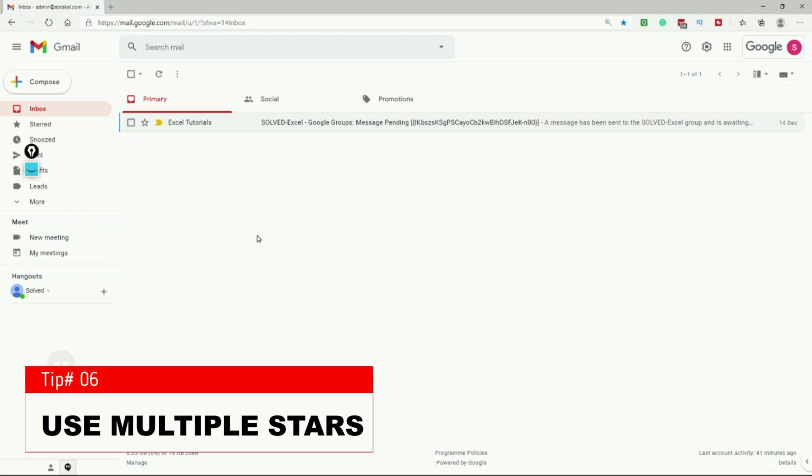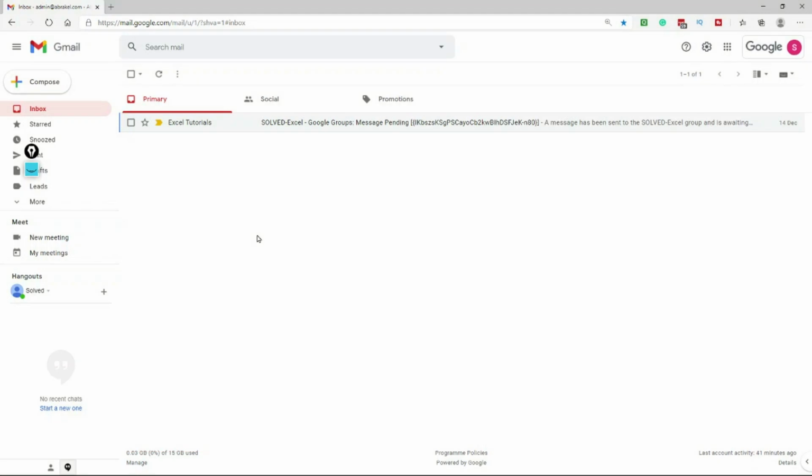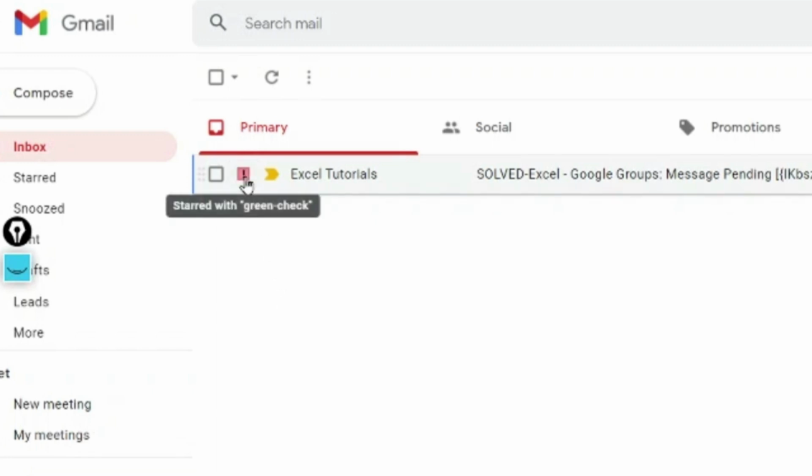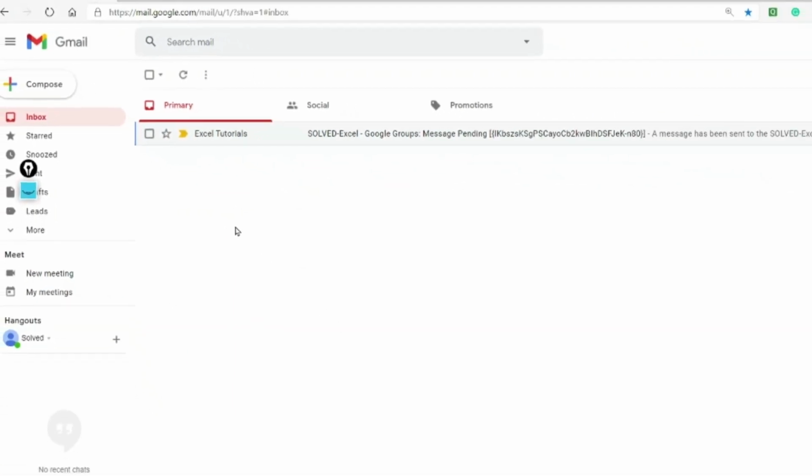The next step involves use of stars, and believe me, it is really good. In most of the cases, people have used the star, the golden yellow star which you mark in front of the email, showing that yes, this is important and I want to keep track of it. Well, did you know there are multiple stars? Right now, if you see, if I click it and I click it again, it's changing to blue, then the checkbox, then the exclamation mark, and then it goes back to the no star option.